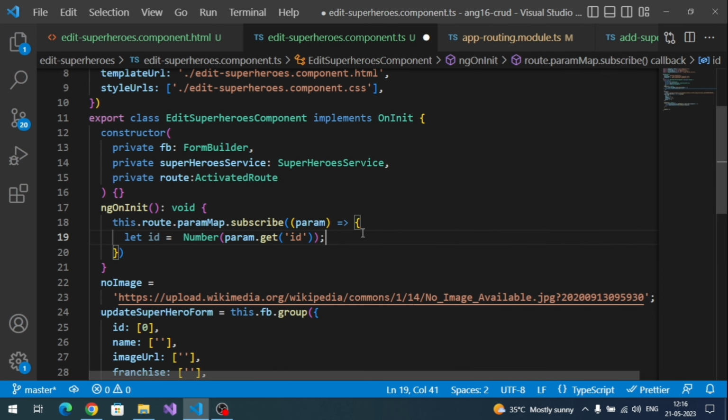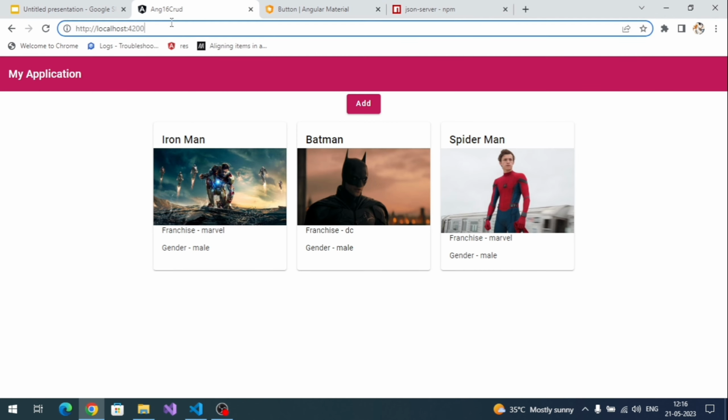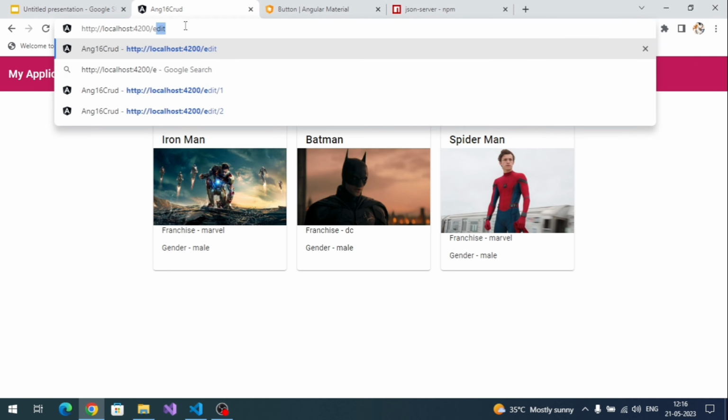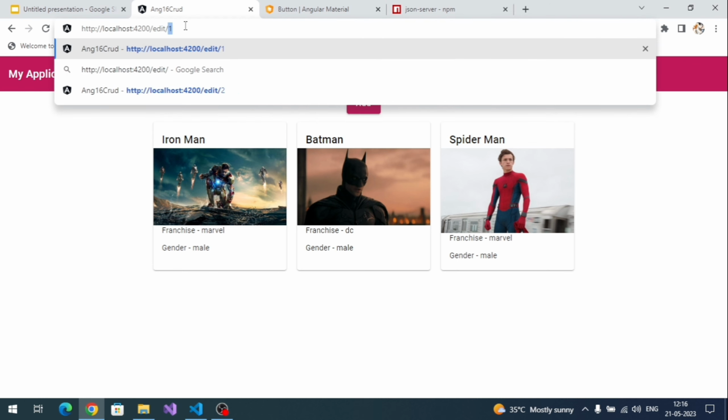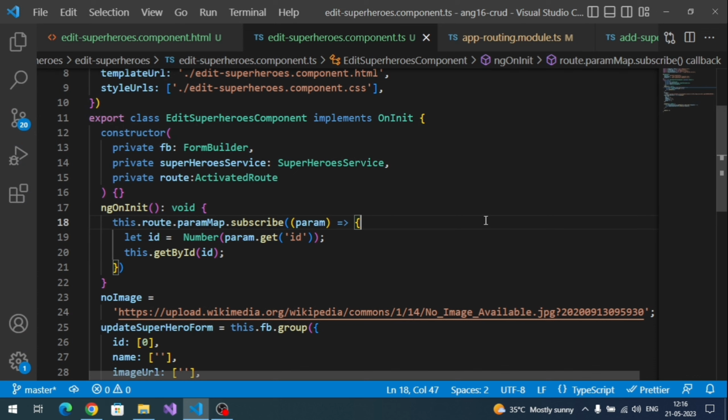Okay. Now I got the ID value, so I can invoke the getById method, by passing it. So let's check whether we are able to populate the update form or not. Okay, so let's go like edit slash one. First record I want to edit. See, I am getting the form with the updated value, but styling is missing, right? That is because we copied the HTML, but we didn't copy the